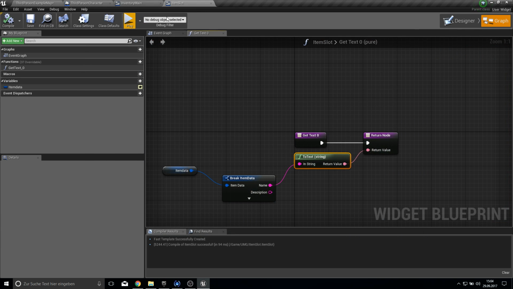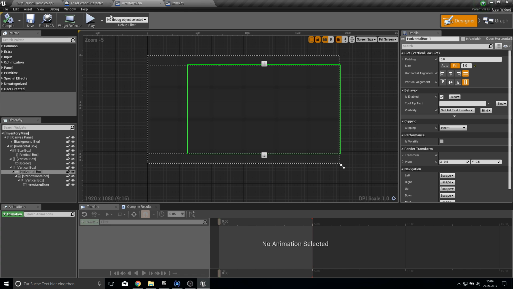So yeah, that's everything for this tutorial, or for this part of the tutorial. Of course, we will do in the next video some editing, and maybe we'll also make the ground. I don't know yet with which topic I will start. But yeah, we will go through all of the steps of the